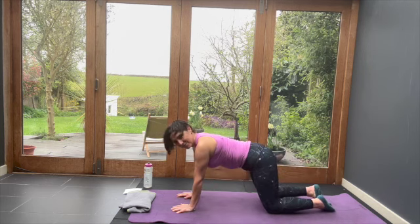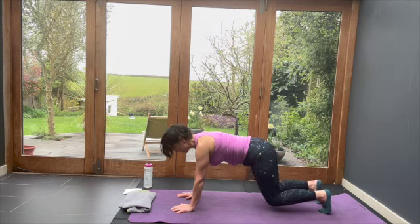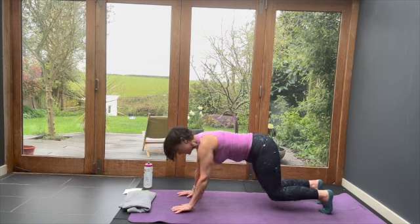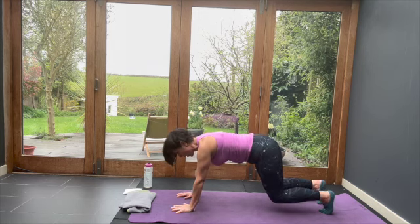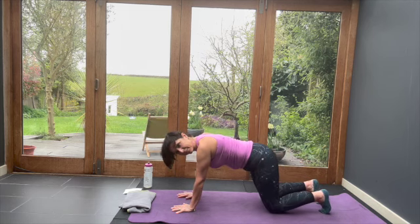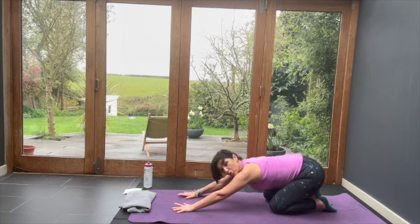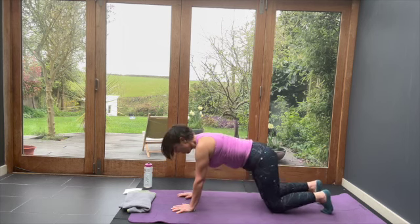Hands and knees. Curl the toes. Lift the knees 1 centimetre. I might take my hands slightly wider, maybe not. One arm forward. Other arm forward. Knees down, bum to heels. Two more. The interesting work here